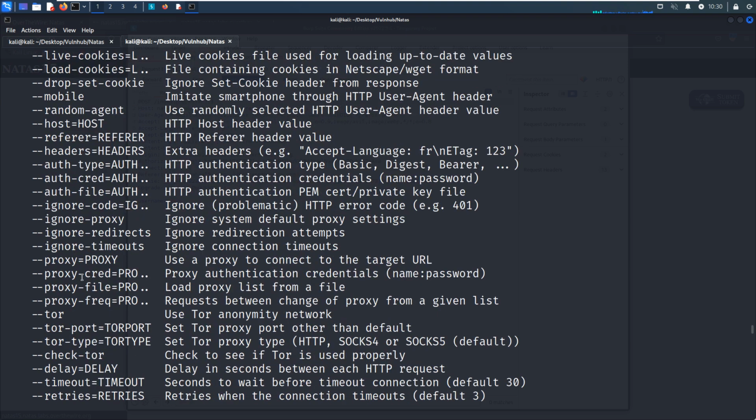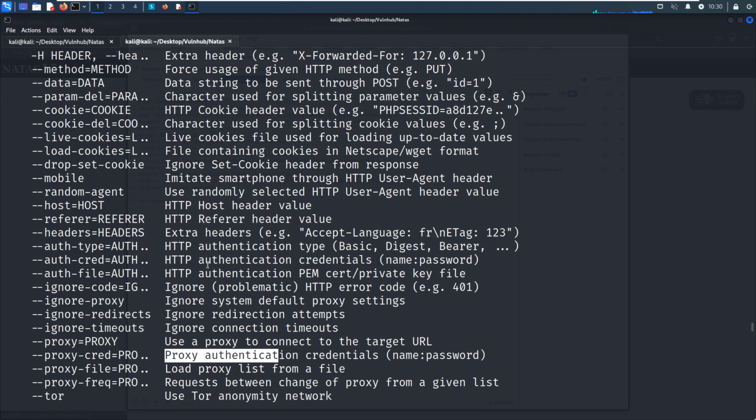So this should be the authentication credentials. So I think we can use this option, --auth-cred, and we can put it like this.